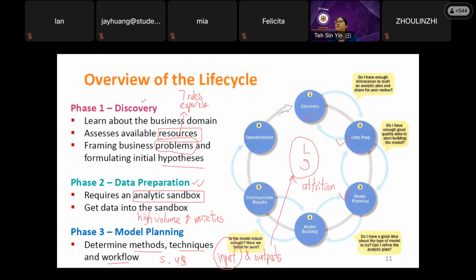Can you tell me what are the factors that possibly affect the attrition rate? Of course, the first one is the salary. Very good. Besides the salary, we have the culture, but culture is not measurable. We need something that is measurable. Job satisfaction, very good. Job satisfaction is measurable. You can give them a scale of 1 to 10 and ask them whether they are satisfied or not satisfied.